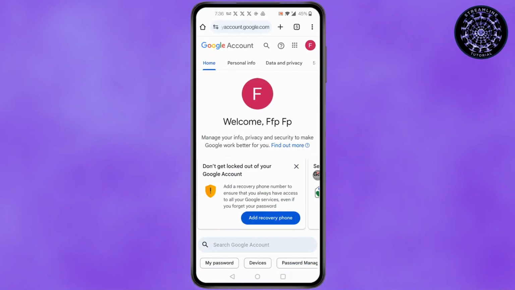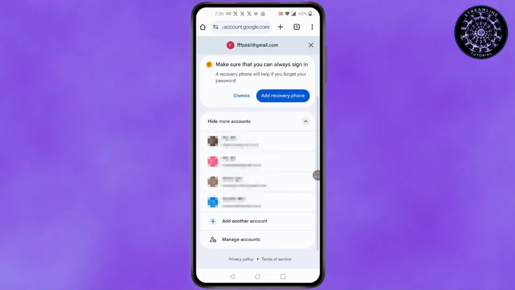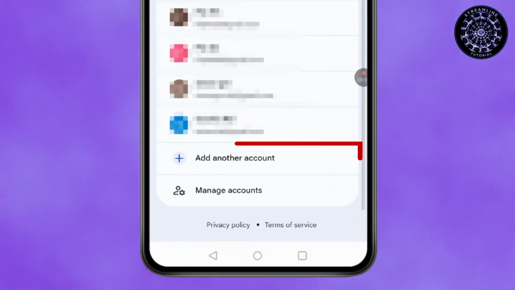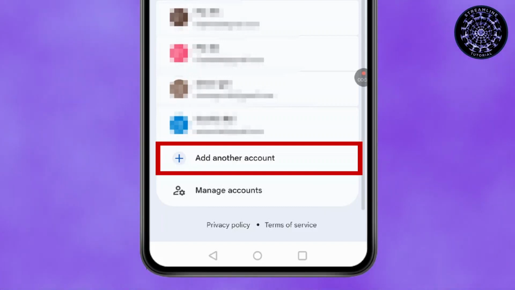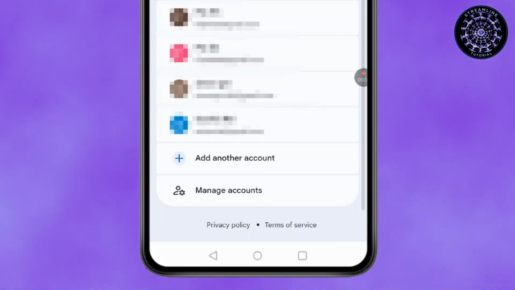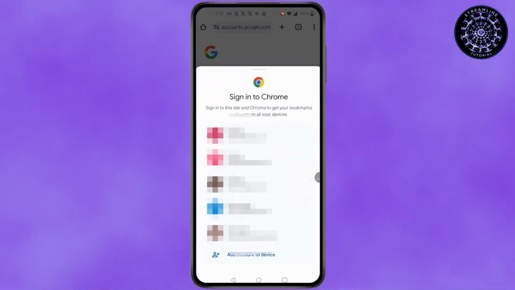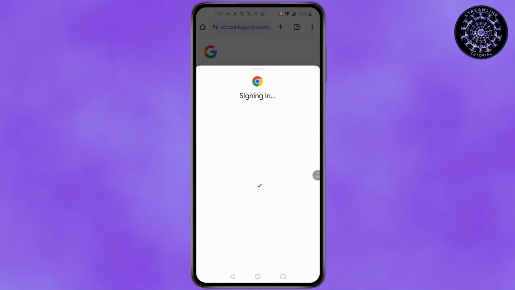You'll find all your accounts pop up. Simply click on Add Another Account. After you click on Add Another Account, again all your accounts will pop up. Simply select one. After you've selected one of your accounts, you will simply switch to your other Google account that